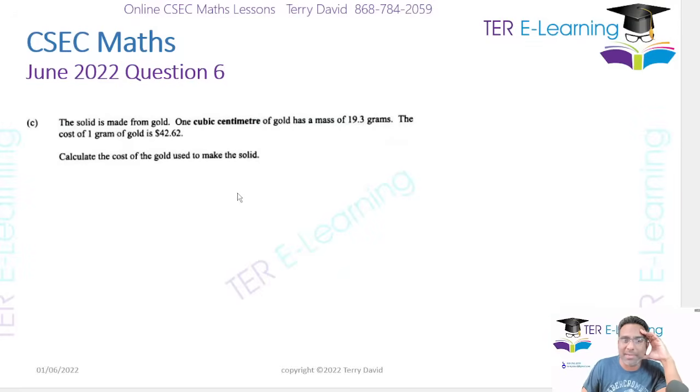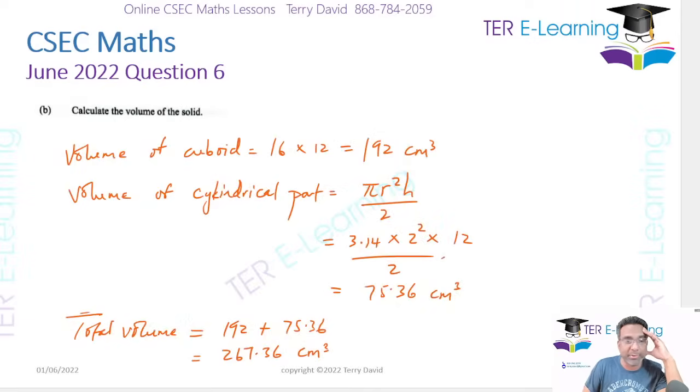The next part now, they said the solid is made from gold, and 1 cm cube of gold has a mass of 19.3 grams. The cost of 1 gram is 42.62. Calculate the cost of gold used to make this solid. So what we're going to do, they said that 1 cm cube is equivalent to 19.3 grams. So therefore, use the answer that we just got, which is 267.36